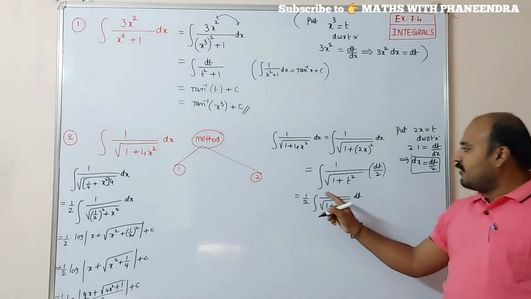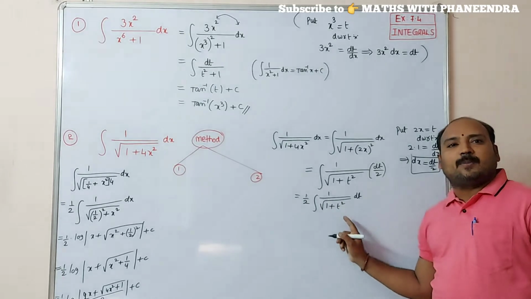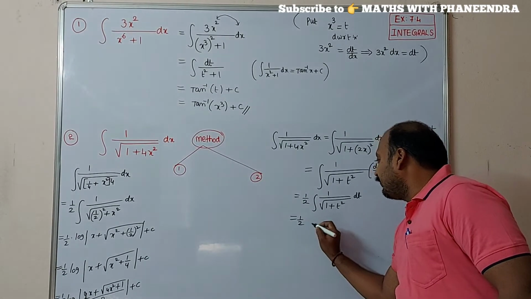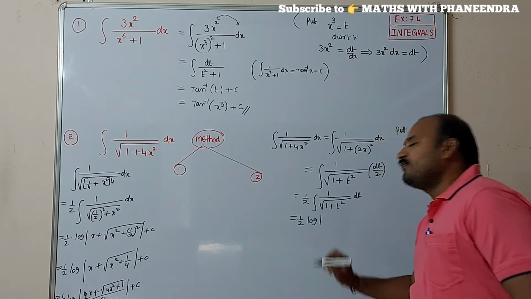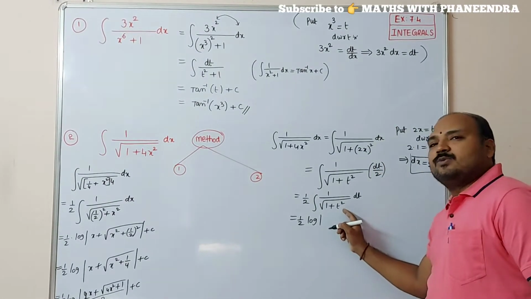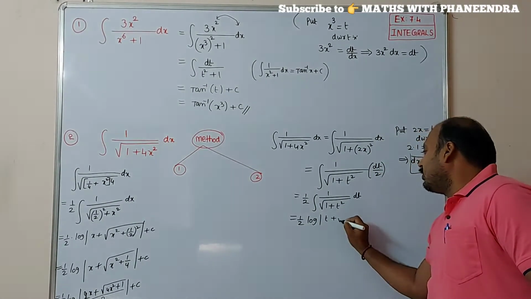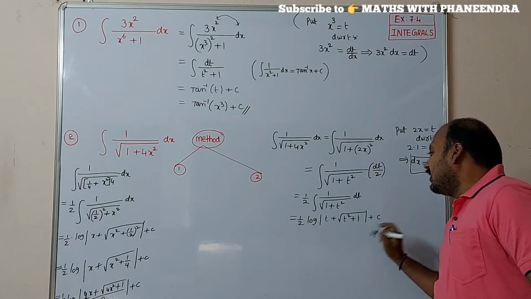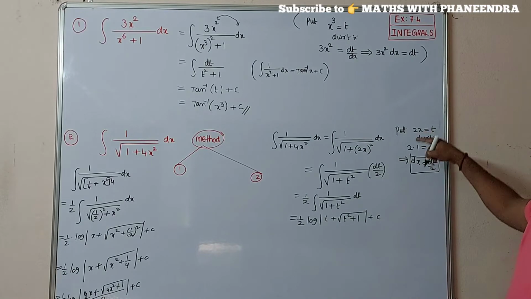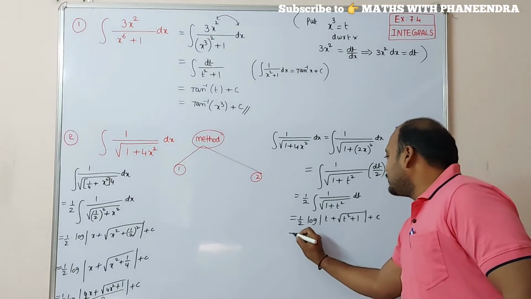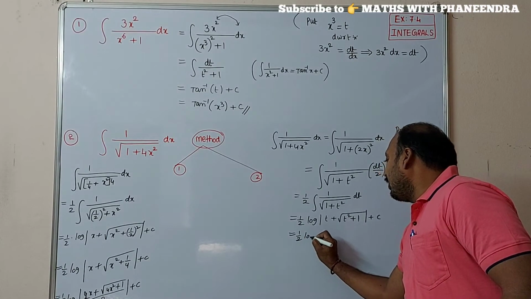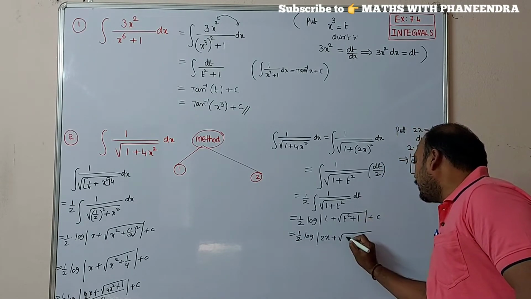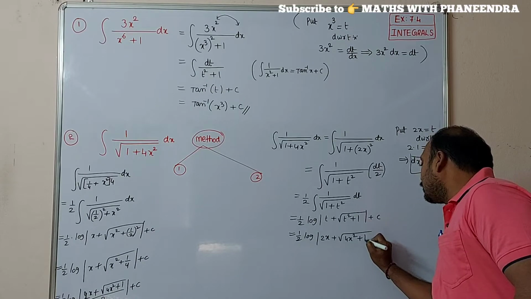Now it is in the form of integral 1 by root of a square plus x square, which is equal to 1 by 2 log mod t plus root over t square plus 1 plus c. Wherever t is there, you have to replace with 2x. That is equal to half into log mod 2x plus root of 2x whole square, 4x square plus 1, plus